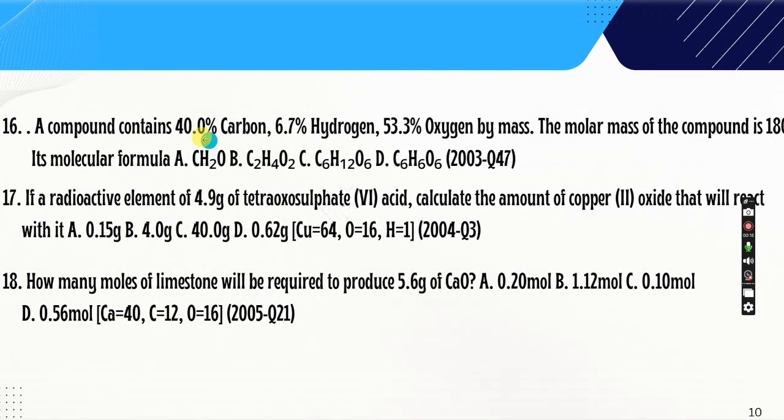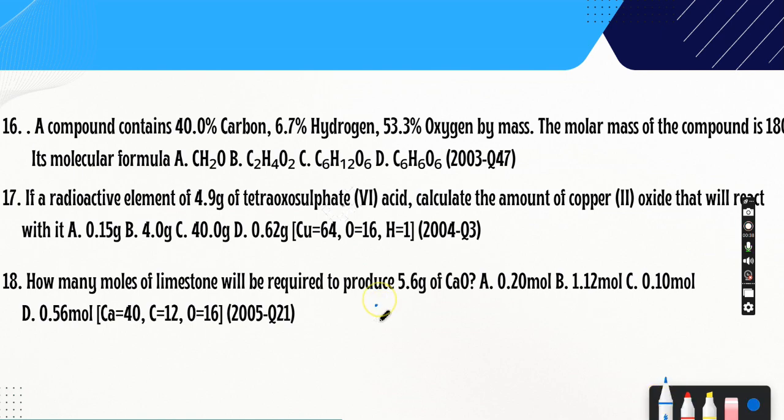Okay, this particular question is saying that a compound contains 40% carbon, 6.7% hydrogen, and 53.3% oxygen by mass. The molar mass of the compound is 180. Its molecular formula is dash. So from this question, we need to first calculate the empirical formula, and from the empirical formula, we are going to get the molecular formula. So, we have 40% of carbon,